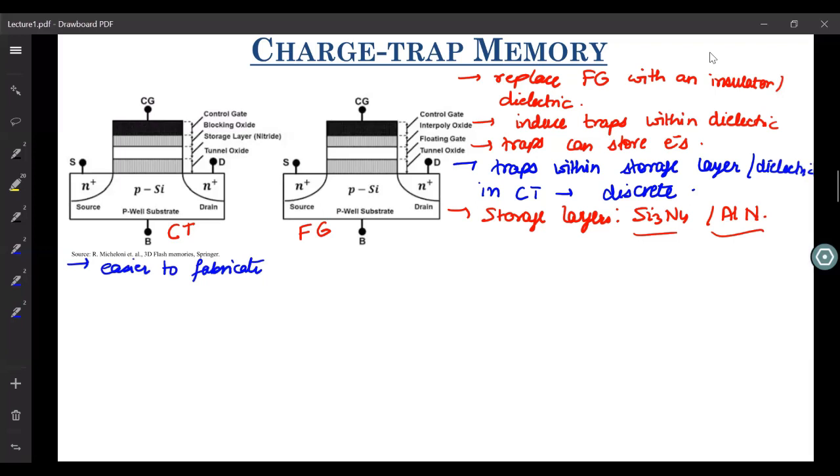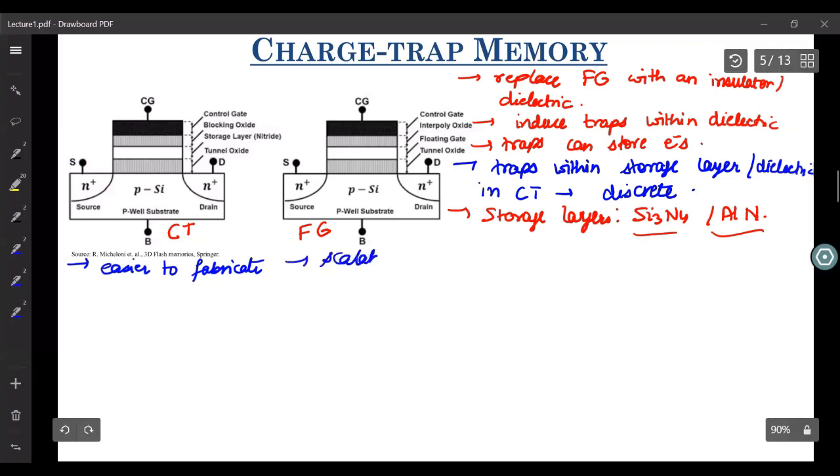So this can be done with only one vacuum process. You create vacuum once, then you deposit your tunnel oxide, then you deposit your storage layer, that is your Si3N4, and then you deposit your blocking oxide, which is again an oxide. However, for the floating gate, you have to break the vacuum after you deposit your tunnel oxide, then deposit the floating gate, that is polysilicon via CVD, then again use vacuum, and then again you have to use different processes. For tunneling oxide, most probably you'll use atomic layer deposition, since you want a very high quality, very thin dielectric. And then for floating gate, you need a CVD. Whereas here, you can do everything using atomic layer deposition itself. So it's easier to fabricate, and that way it's also cheap.